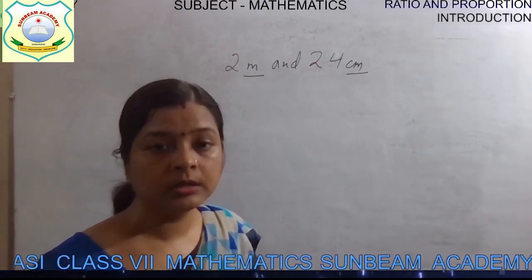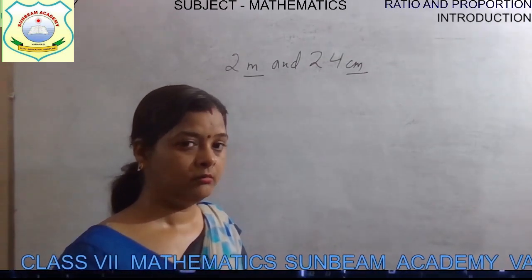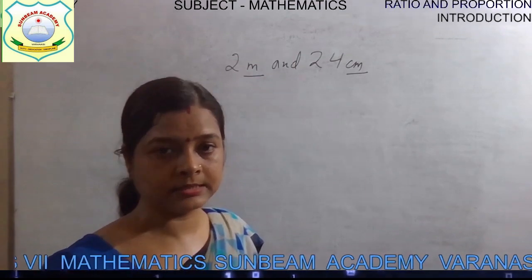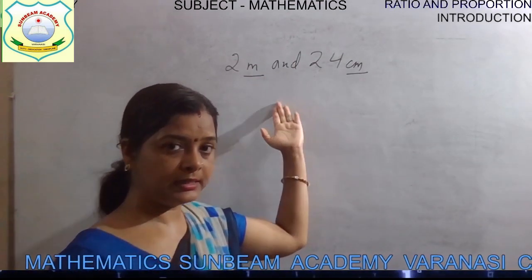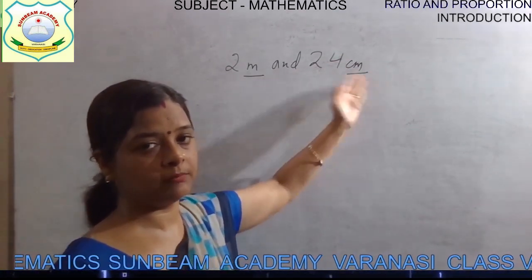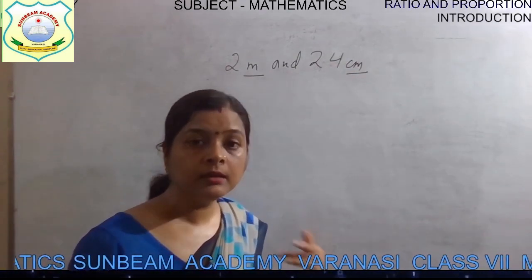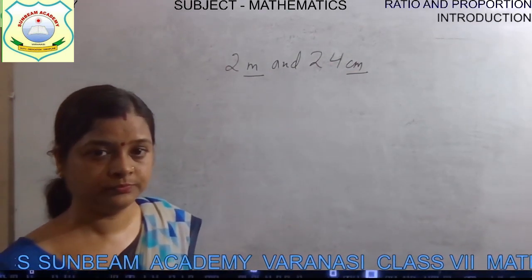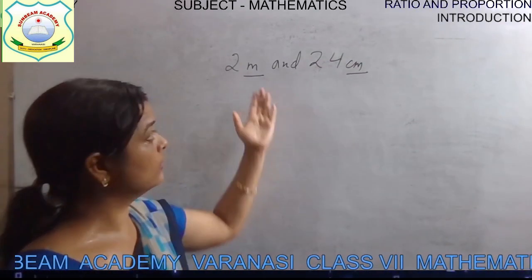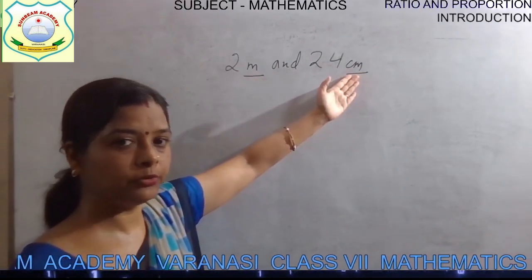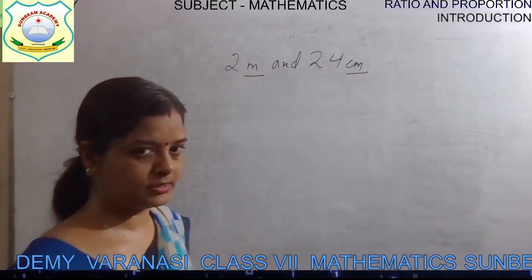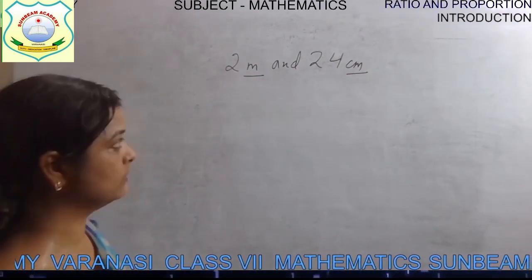We have to convert all the units into the same unit. Like if meter is here, then we need meter on that side also, or if centimeter is there, then we need centimeter, so that only then we can find their ratio. Okay, so for this we have to convert it, isn't it? Either convert meter into centimeter or centimeter into meter. I suggest you convert bigger units into smaller units. That will be helpful for you. It will be faster also.